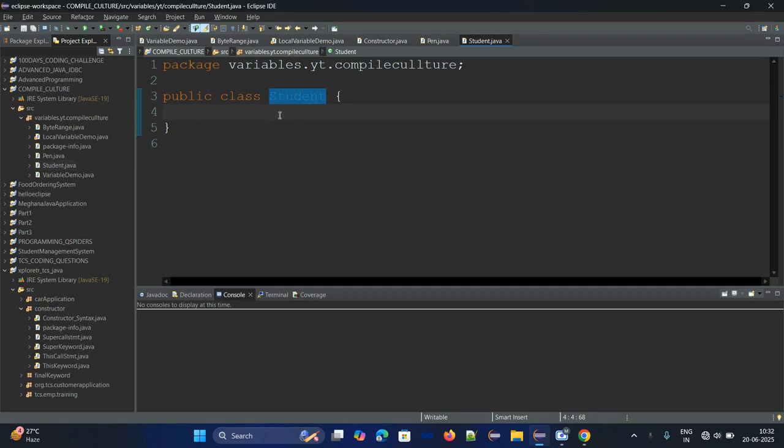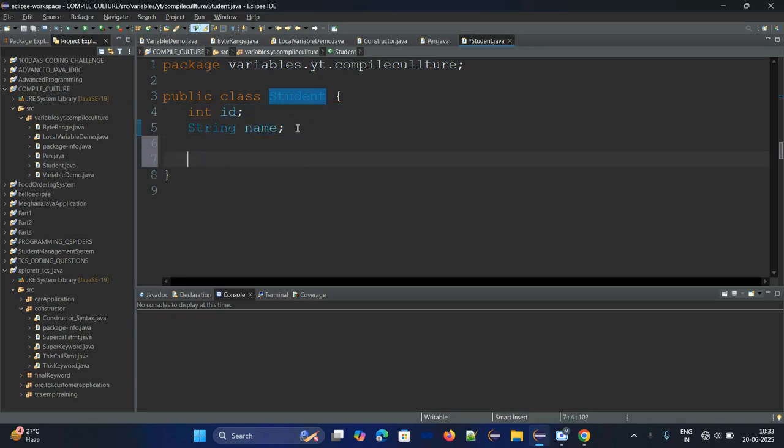Inside the Student class, I'm declaring two variables: one of integer data type, another of string data type. We can call these members of the class, or properties of the Student type. ID and name are the properties, or variables.